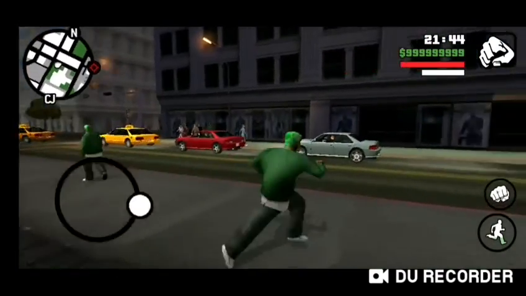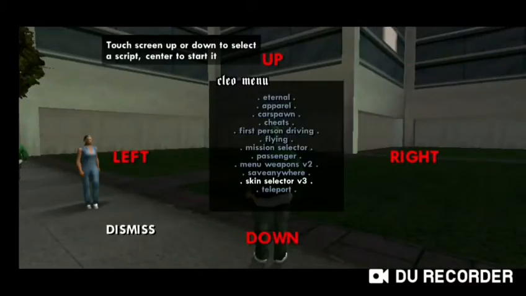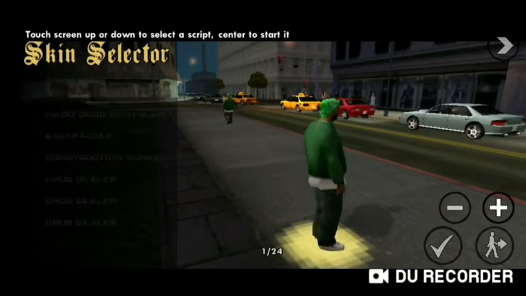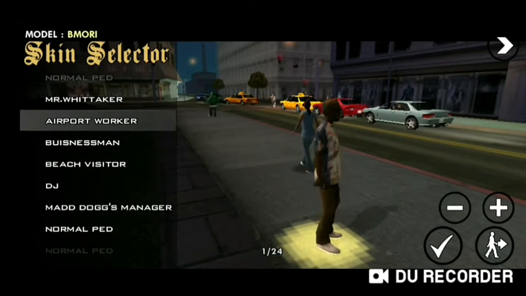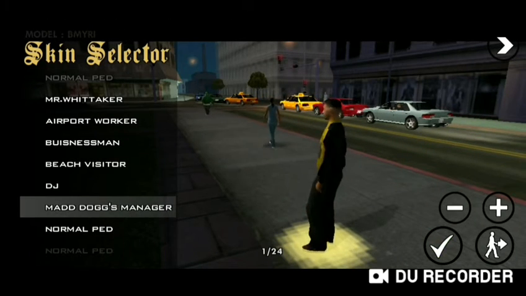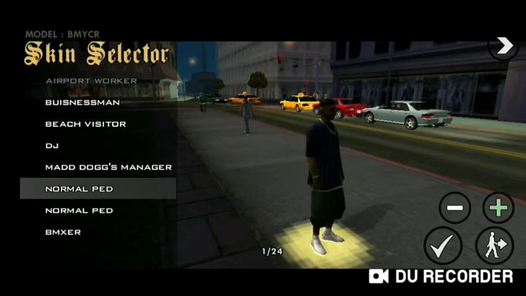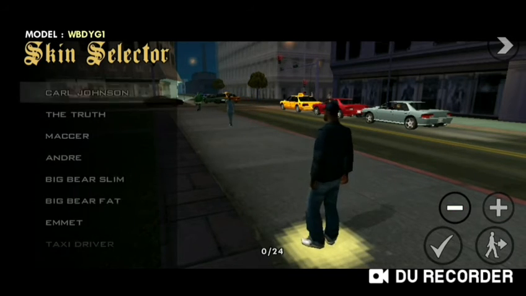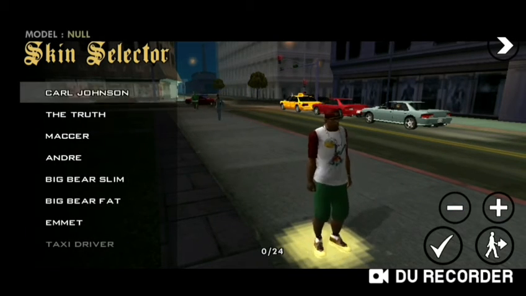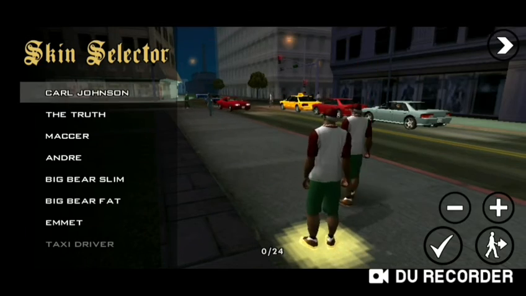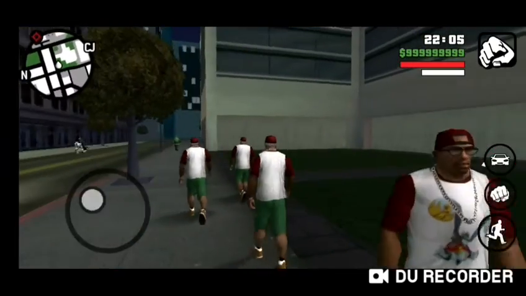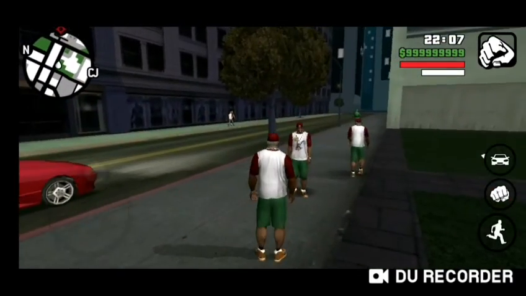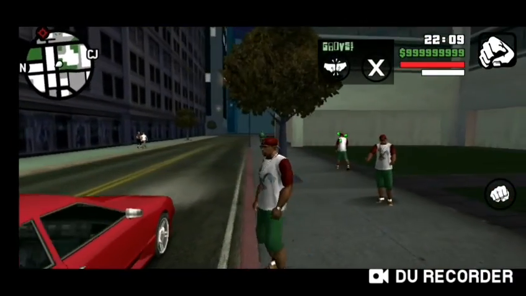So with this mod you can take on any ped you want. You can even choose any normal ped, a pedestrian that roams. Like here you can see a normal ped. There we go, businesswoman, beach visitor, Madd Dogg's manager, normal ped again, all types of. I'll just change back to Carl Johnson right now. There we go. You can even spawn Carl Johnson. There you go. You can spawn clones of Carl Johnson. With this